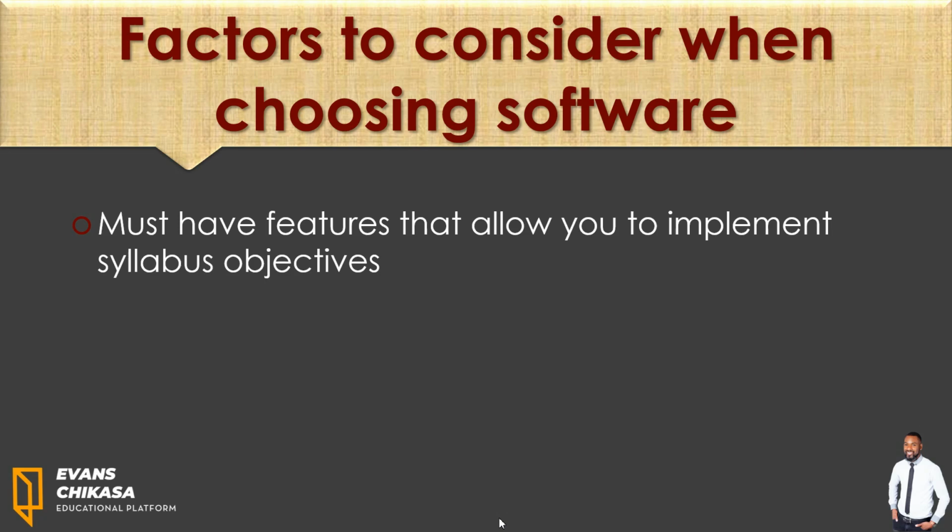One of the most important things that every software must fulfill is meeting the syllabus expectations. This is very critical because we have a syllabus that we are teaching to. The syllabus requires us to do certain things, our students to perform certain things. Ultimately, our software should help the students accomplish those things that they are being asked by the syllabus. So you need to test your software against the syllabus objectives. For example,